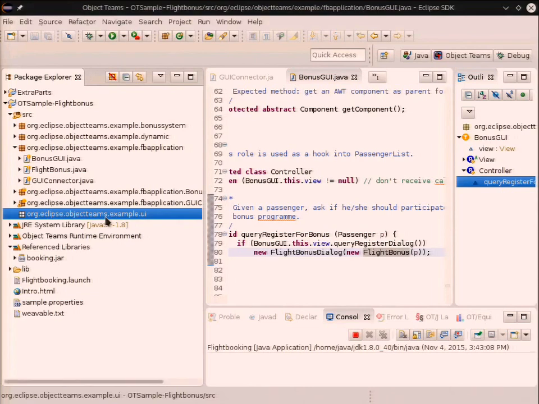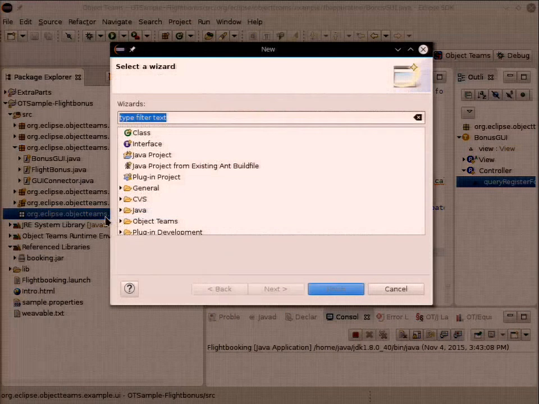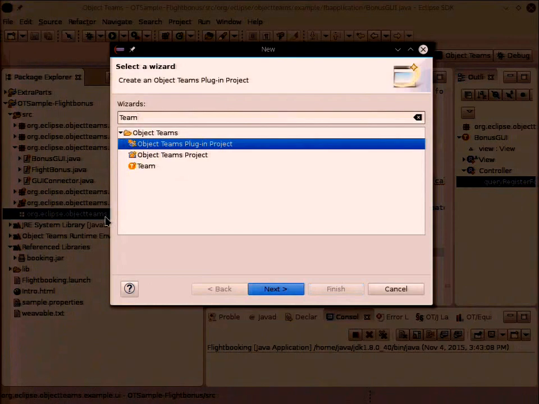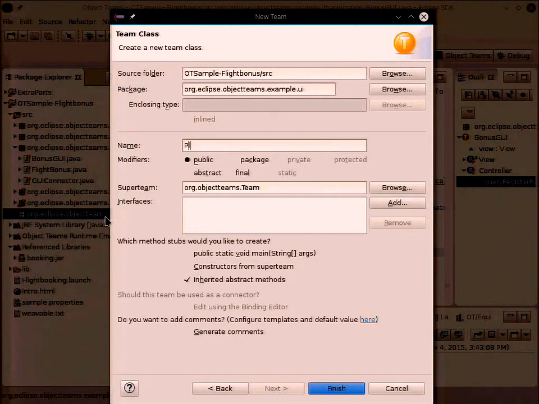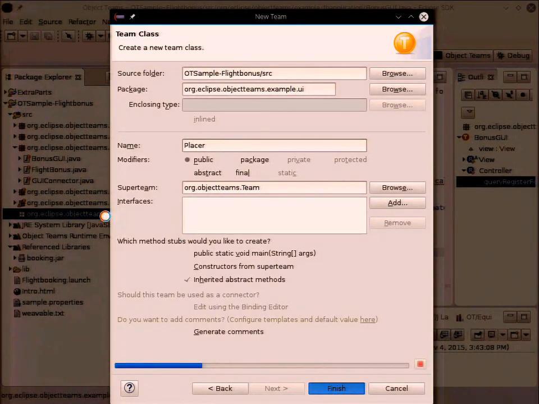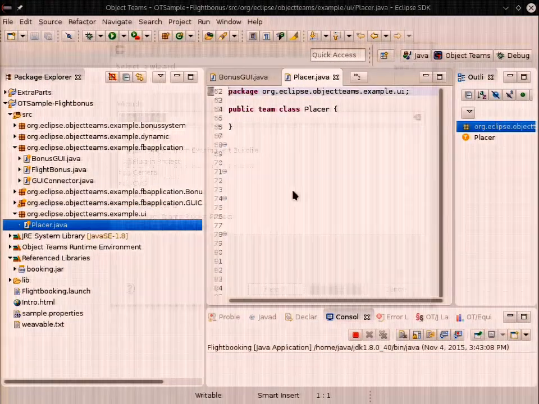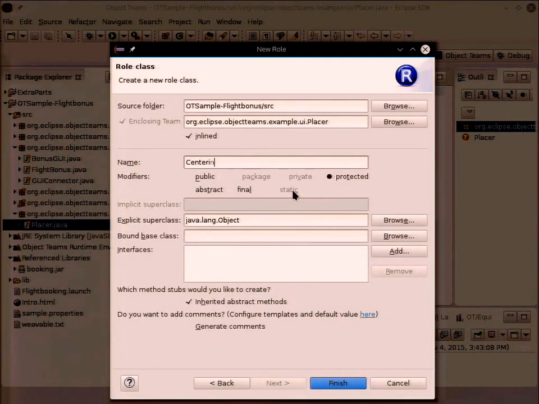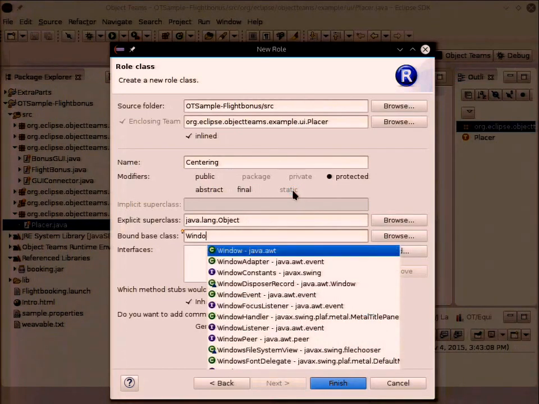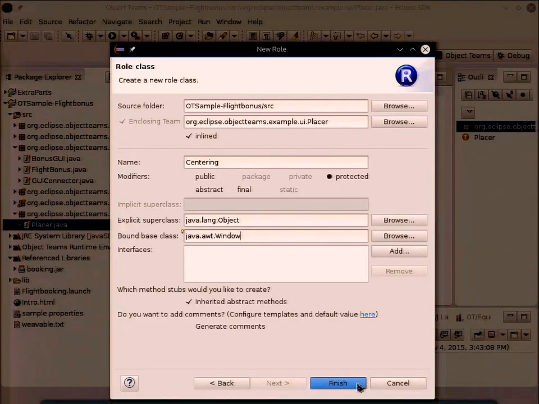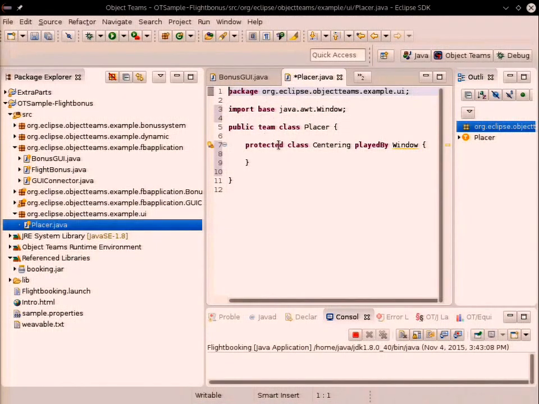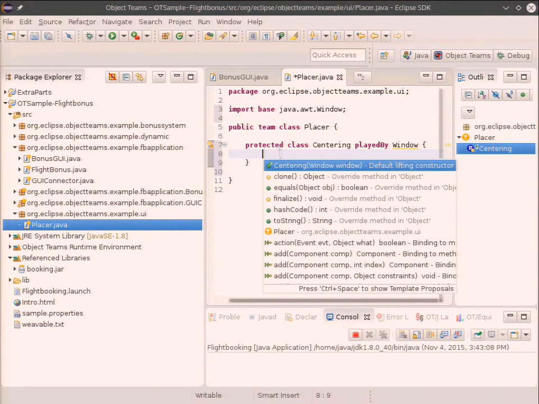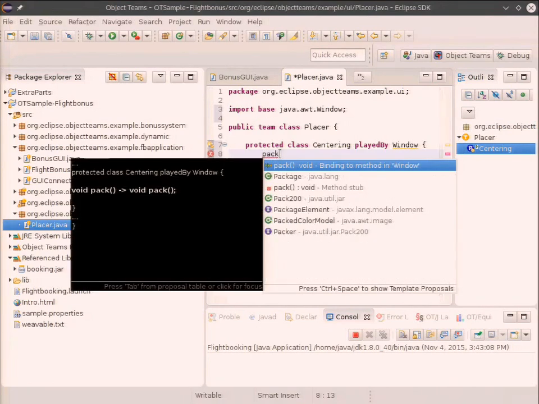Application is still running. And let's start by creating a new team class. Call it Placer. Inside that team class, I will simply create a role class, call it Centering. And the base class of this should be the class Window from AWT. So I'm creating a role for Window, and inside this, I only want to make one call-in method binding